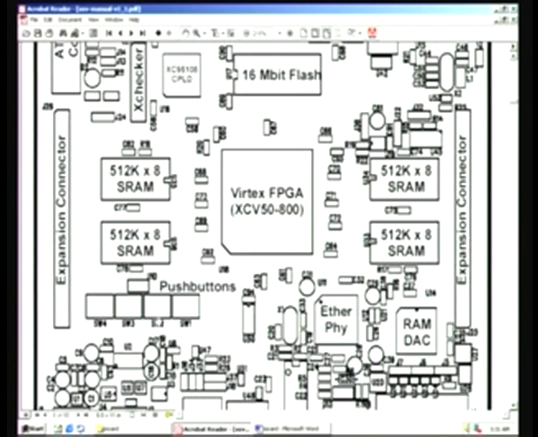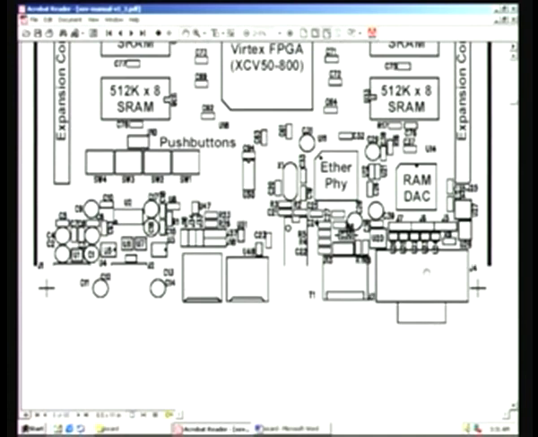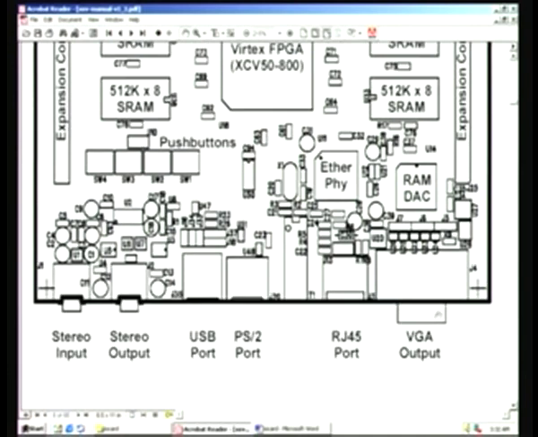We will see more details of the expansion connector later on. And we have also seen there are 4 push button switches, and they are all placed here in this order, SW1, 2, 3, 4. We have an Ethernet chip here available, and we have also seen that a RAM DAC used for VDU VGA monitor connection is here. VGA output is available through this connector, and the processing chip is available here, and we also have a port for mouse keyboard connection, and a USB port is available here, and for all these different chips are also used in here, one of this here,